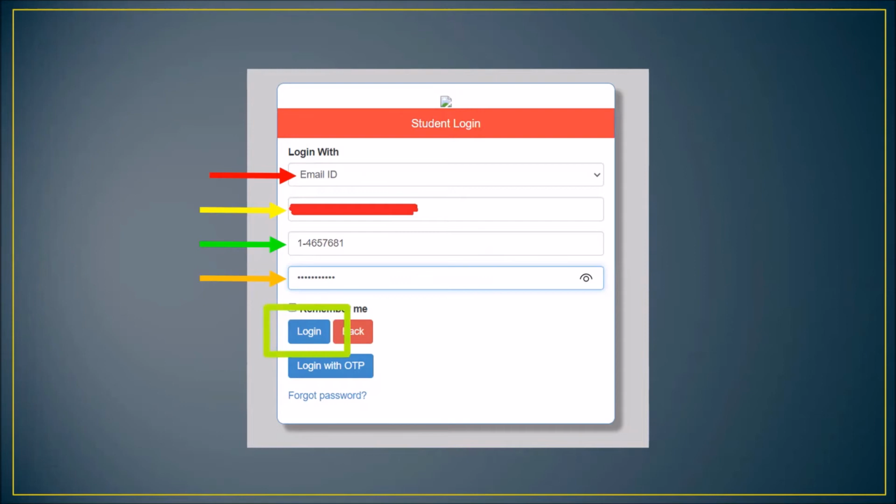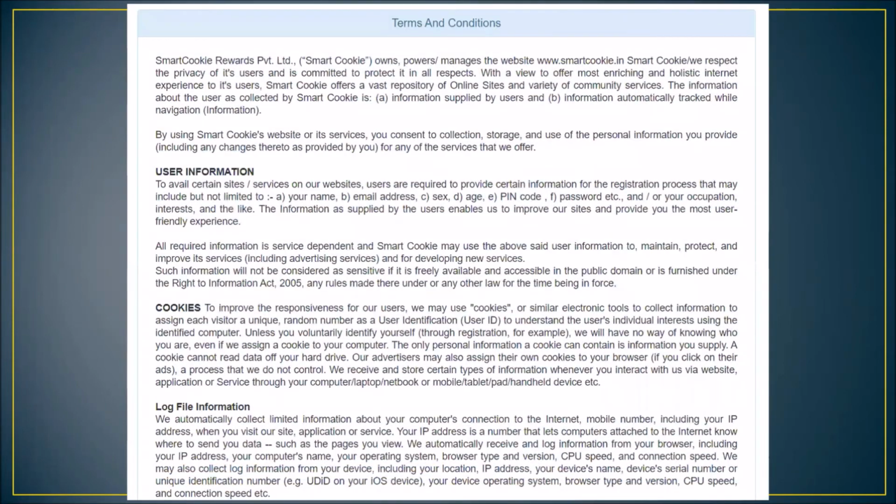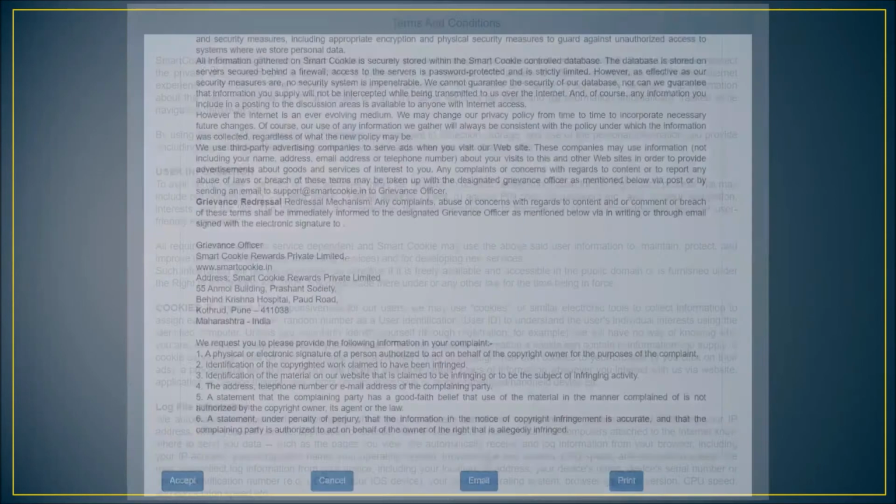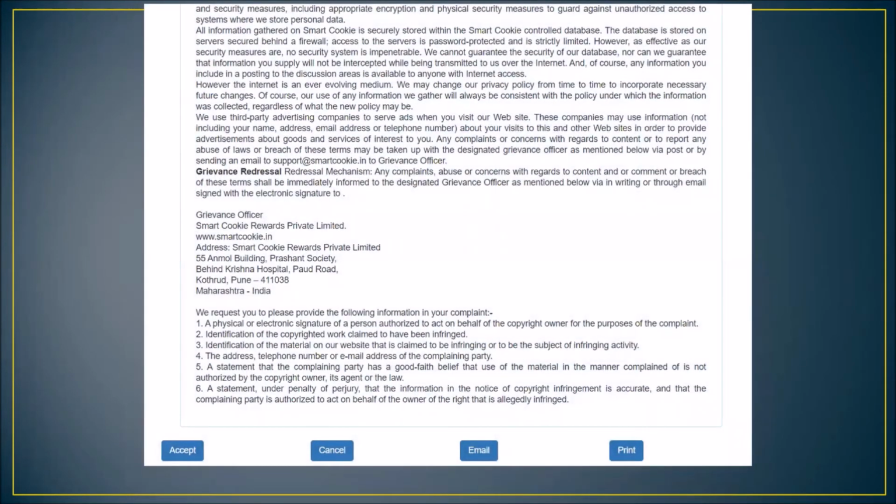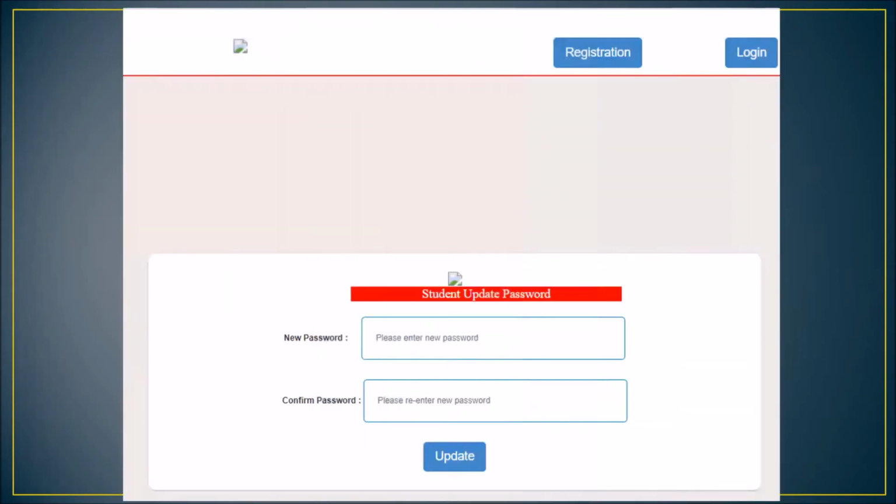Once you click on the login option, it will take you to the terms and conditions page. Scroll down to the terms and conditions bottom part and click on the accept button, which is on the left corner. As you click accept, the next page will ask you for your new password.